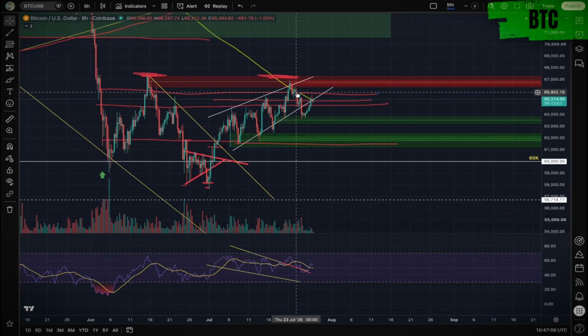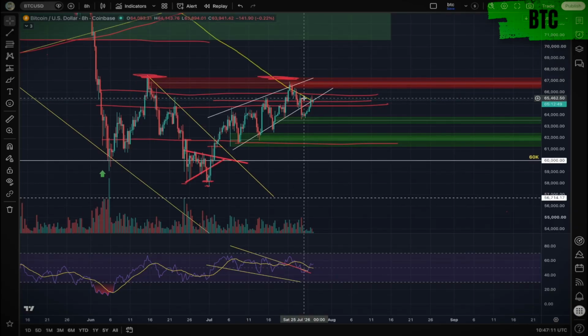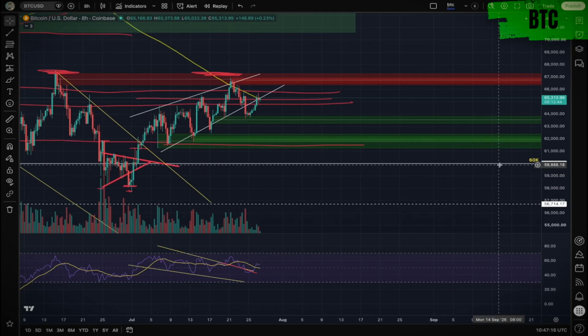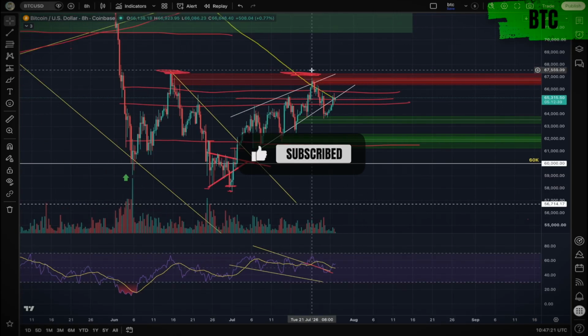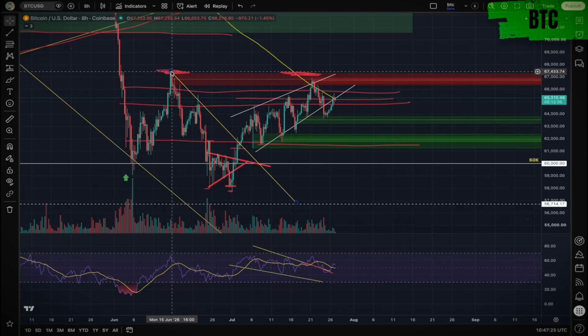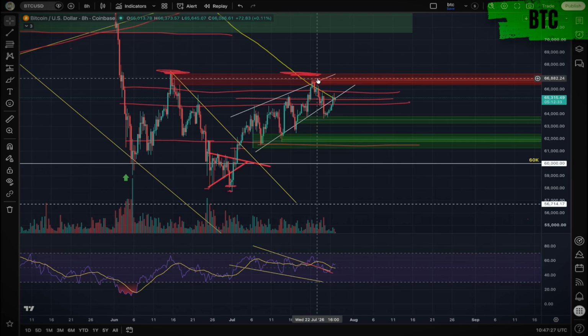But this moving average on the 8-hour, which I've been tracking, is of course clearly being respected by the traders at present and the price action. And because this whole zone is kind of local resistance, you can see what's happened. We were last there on the 15th of June, that's around 69.5k, 69.4k. We finally came back up. We've tapped into this liquidity. All the selling activity has resumed.